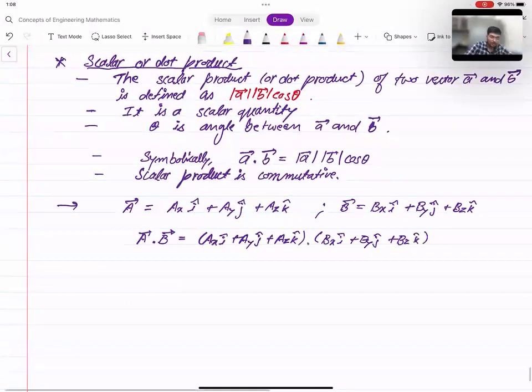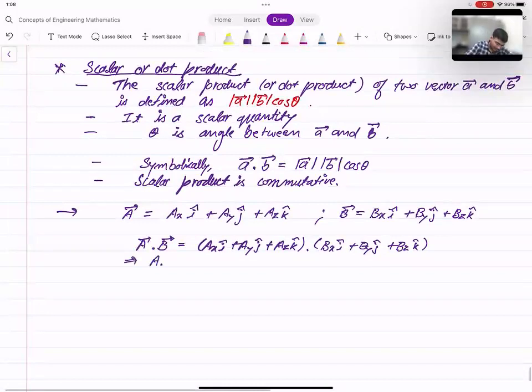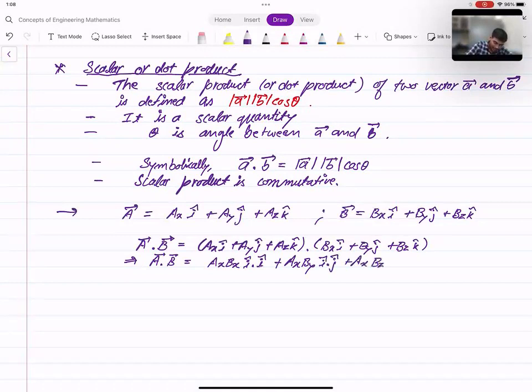So what happens here is we get, say, ax bx I dot I, because these are unit vectors, so these will again be multiplied as vectors. Okay, so I dot I, then we will have, say, ax by I dot j, then we will have ax bz I dot k, and then we'll have, say, ay bx